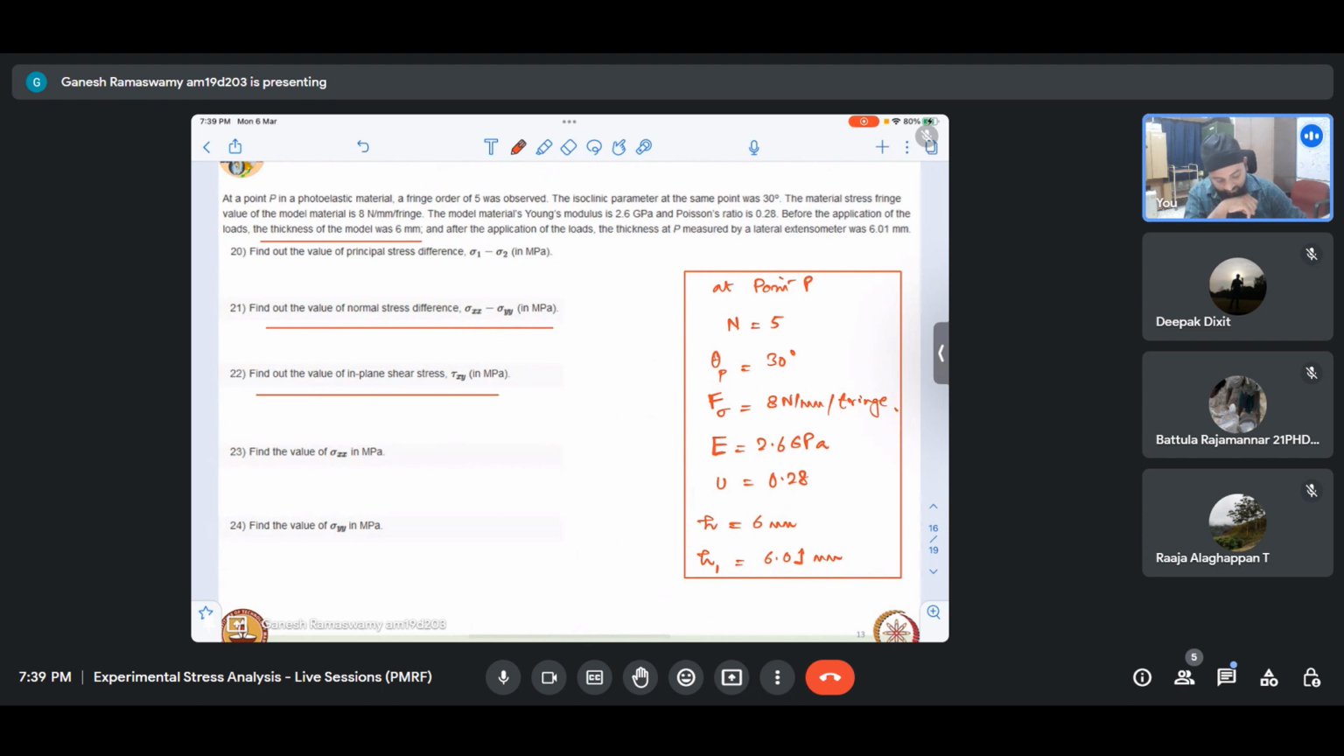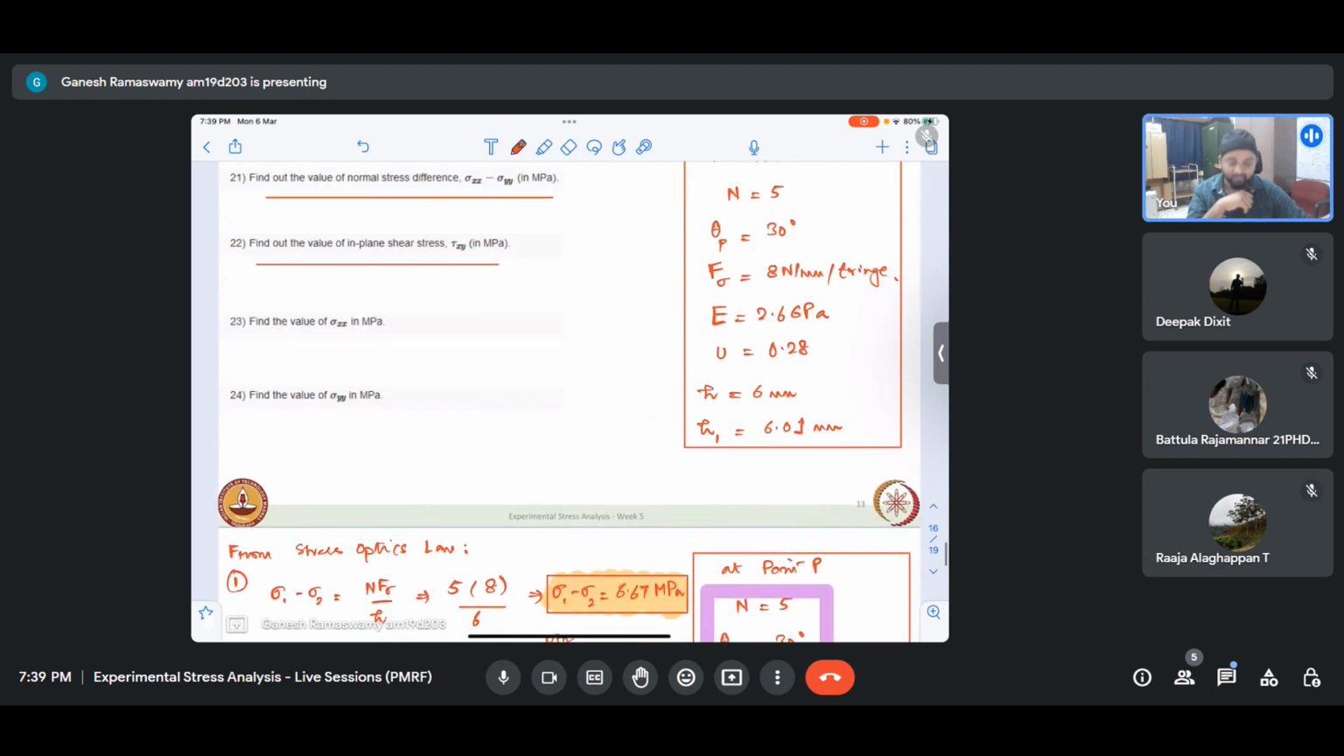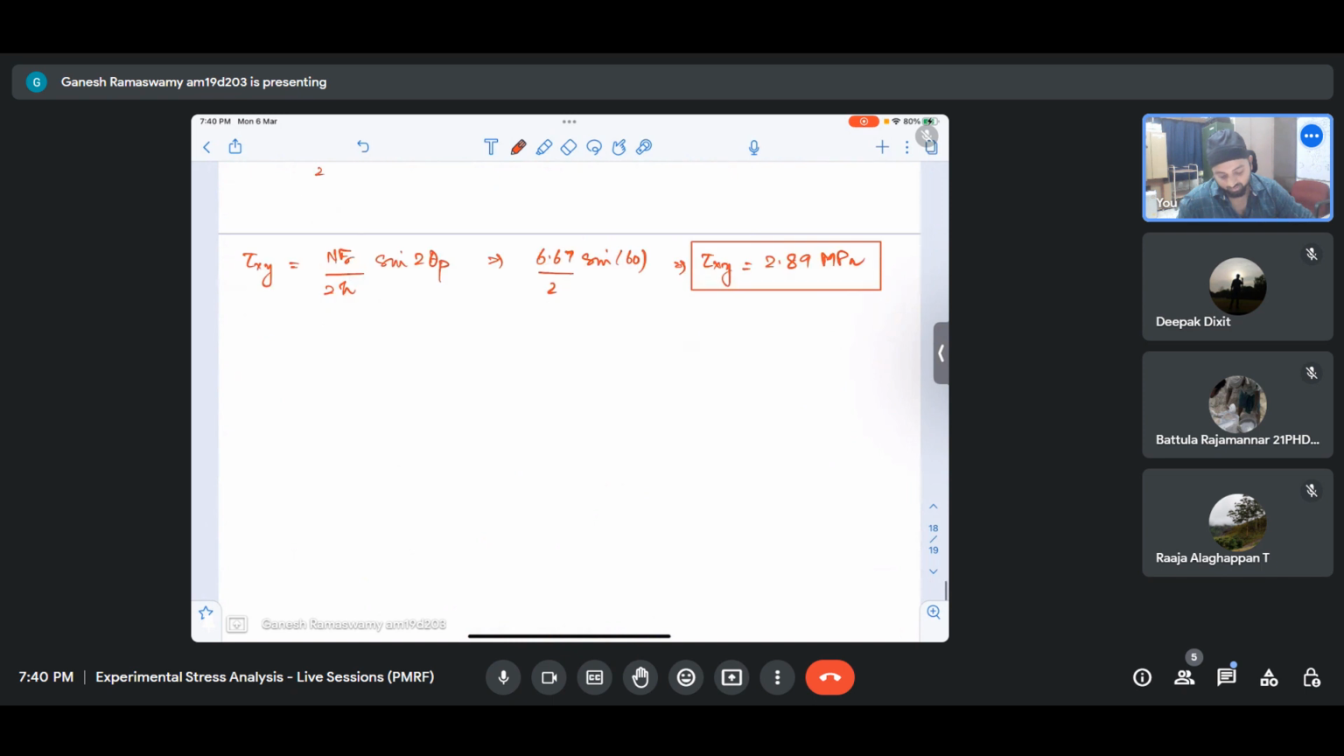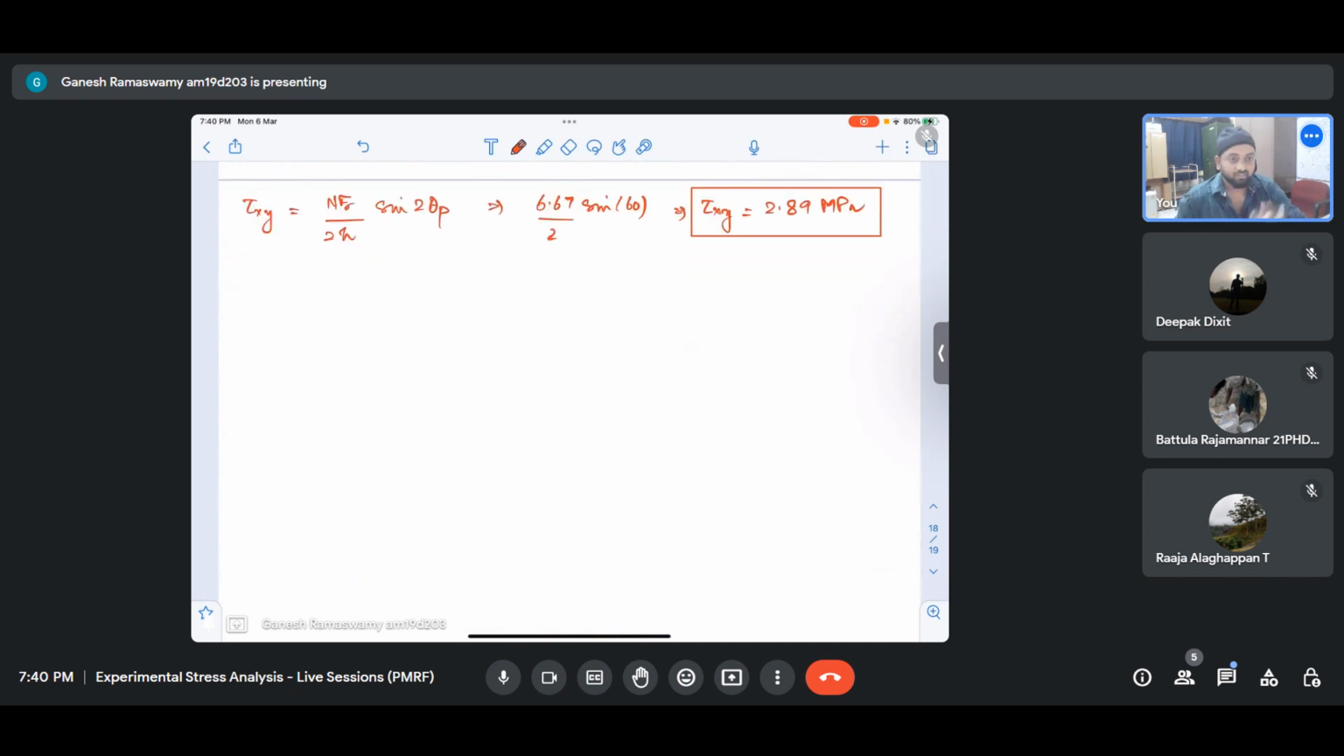Now they are asking for stress separation. Sigma xx and sigma yy we have to separate out at that point. That cannot be done with photoelastic data alone, which is why there was some measurement that was taken initially. So using the lateral extensometer, they found that the out of plane strain is 6.01. Now this happens to be a thin disc, thin specimen. So with plane stress conditions,